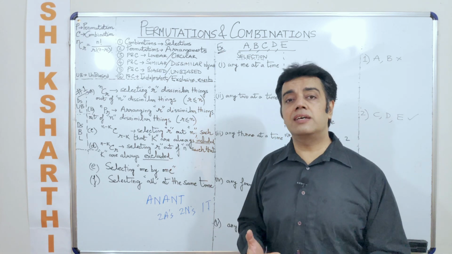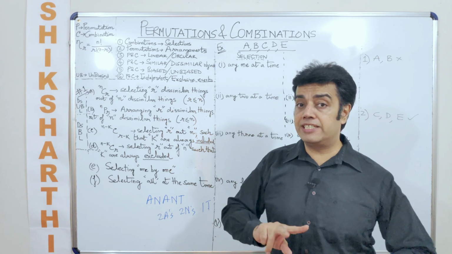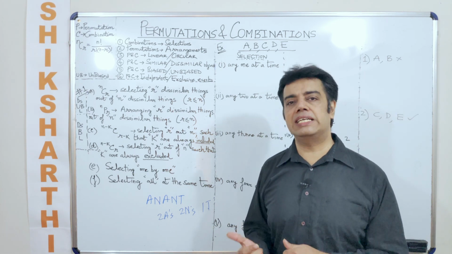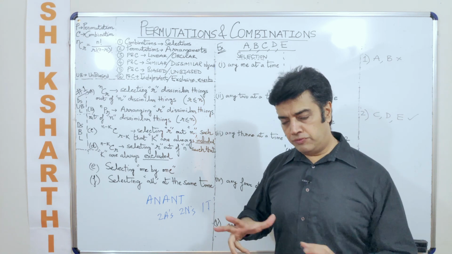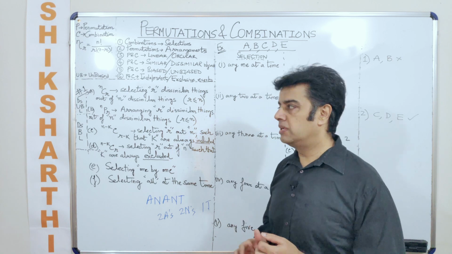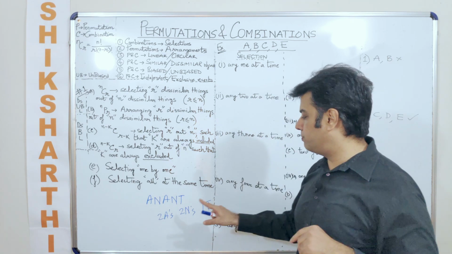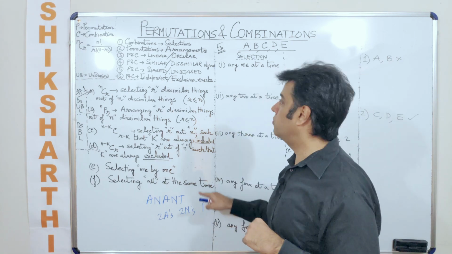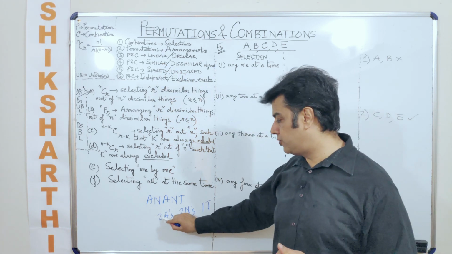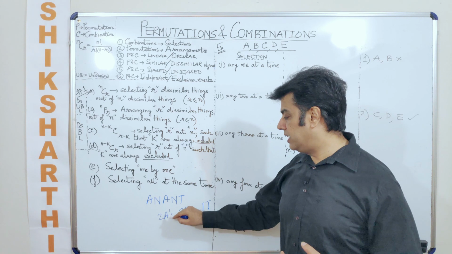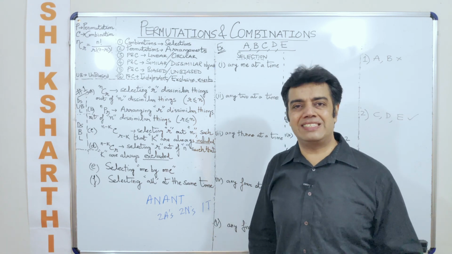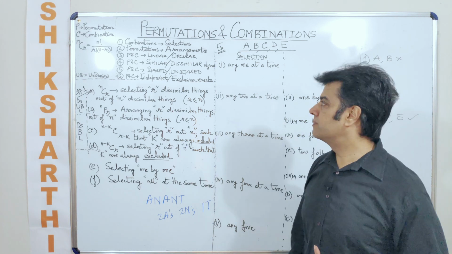So you select the letters first, and you have already selected two A's, two N's and one T. Now we talk about the various possible arrangements of these selections. Now when we talk about such kind of permutations, they fall under the category of similar objects, because you have selected two A's which are similar, thereafter two N's which are similar in nature, and then one dissimilar object which is one T.